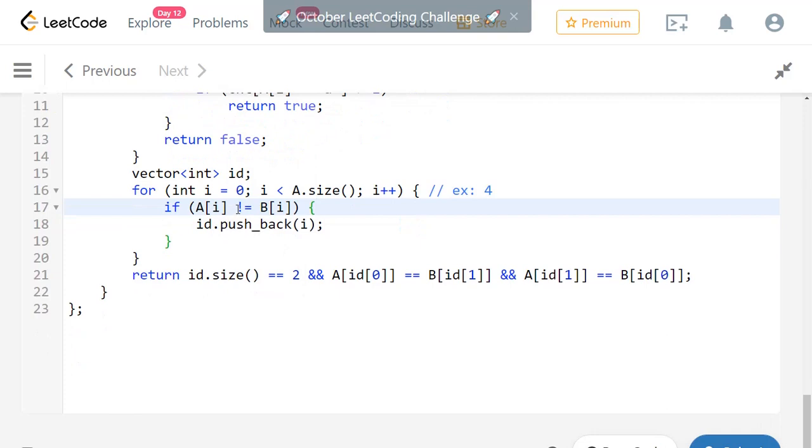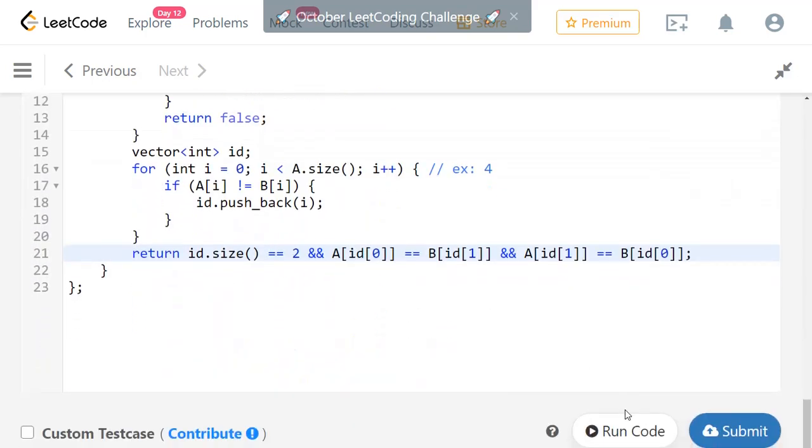So we keep track of those two positions. Whenever there is a difference of characters between the A and B strings, we just push it to a vector with the corresponding index. Finally, we check if the size is 2 or not. The size of the mismatching indexes should be 2, and the character at the first position should be equal to the character at the second position in the second string, and vice versa. In that case, we have an answer true.